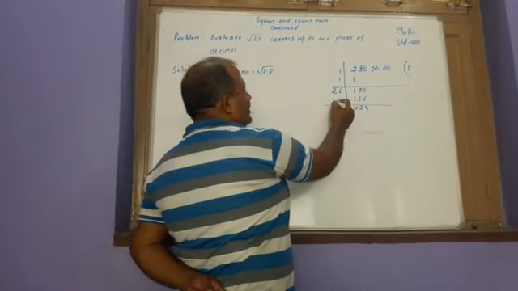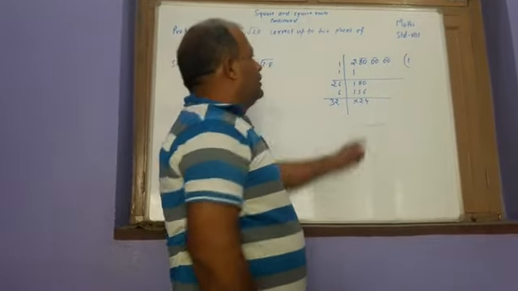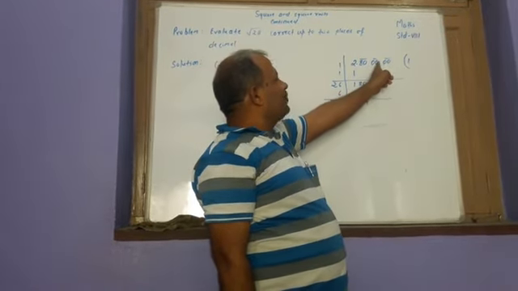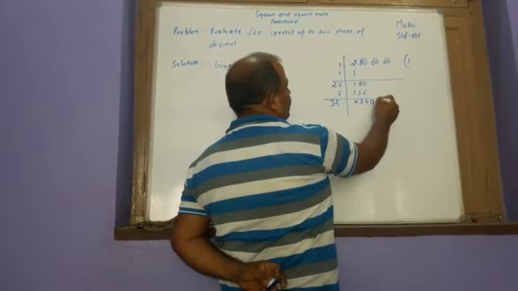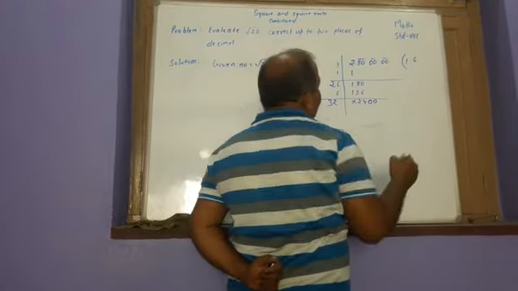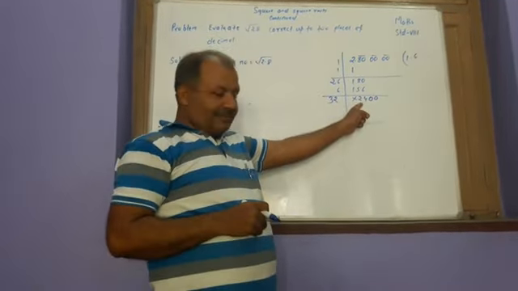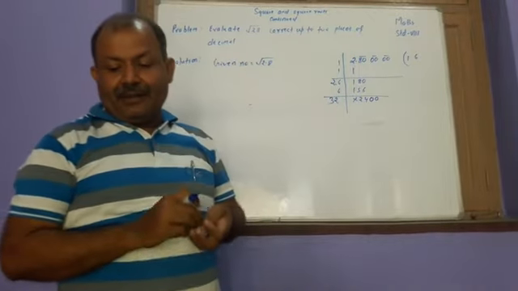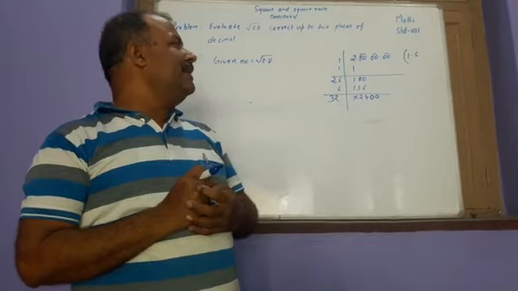Now we have to add 6 and 6, 12, 2, 1, 3. Now we will take the next pair, that is 0 0. Here it will be 6. And now we have to search for a number so that it will be less than just before 2400. And here it will be 7.